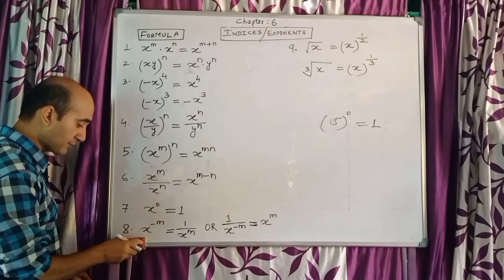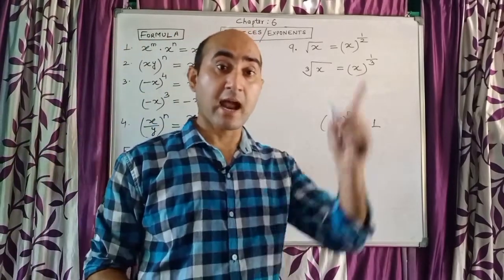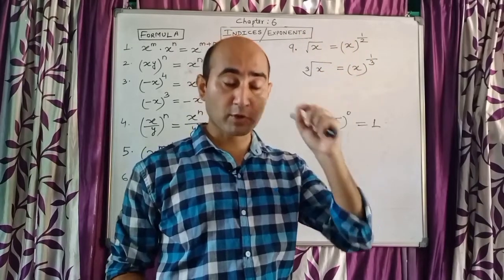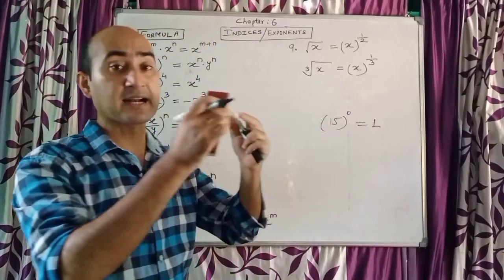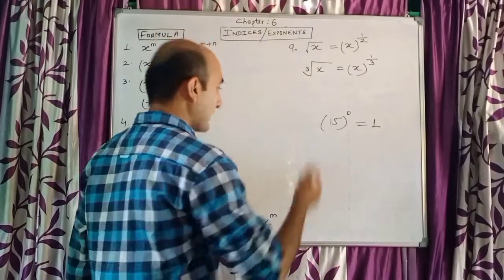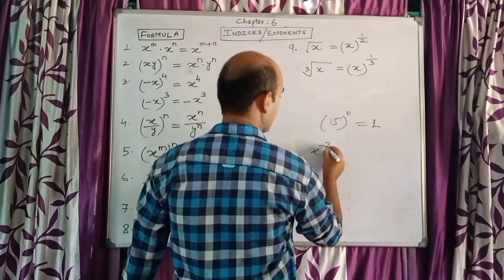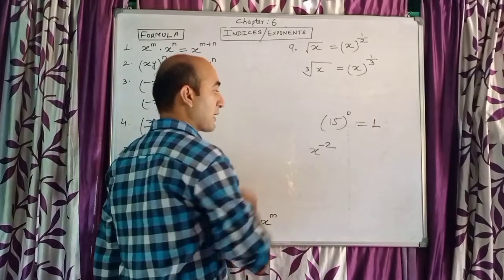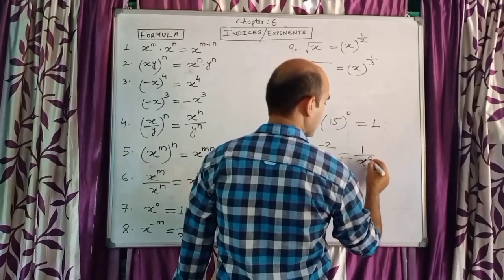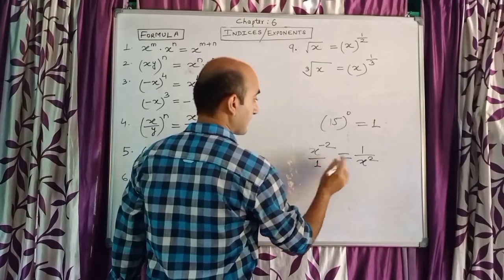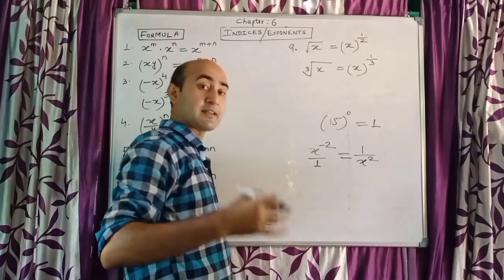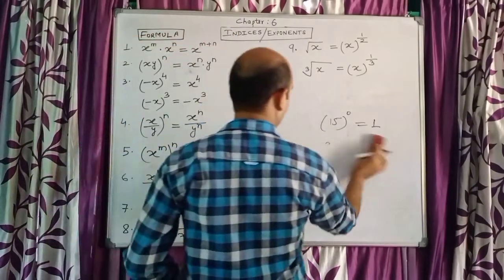That means if the power is negative at the numerator, then to make it a positive power, you bring that numerator number to the denominator and then your power will become positive. For example, I have x to the power minus 2, and I want to make it a positive power. Then you can do 1 by x square. That means below this there is 1. Take this 1 to the top, bring this x here, and this minus will become plus and it will become plus square. So this is very important.